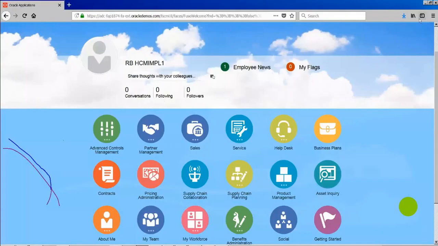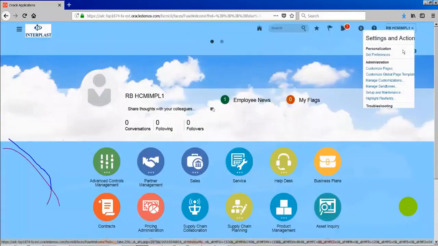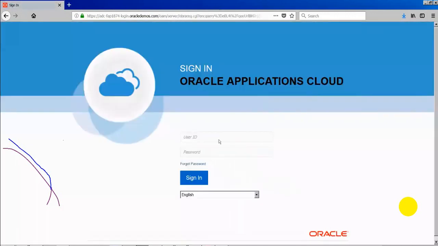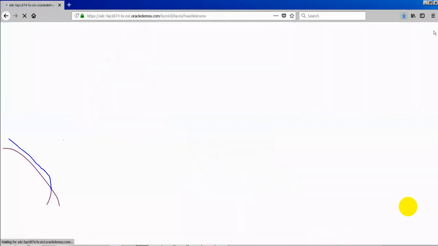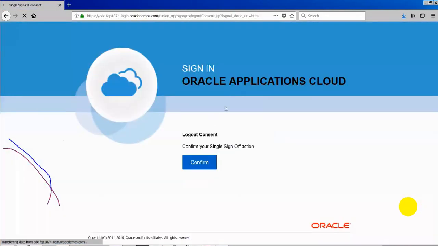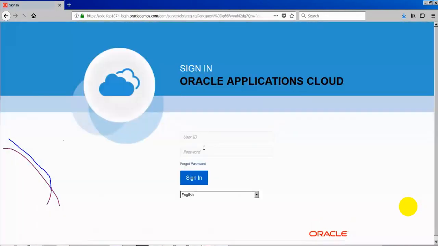security role. Okay, let me do one thing. Let me log out and log in as administrator and try hiring an employee one more time for your case. I'll be doing it as a real administrator.